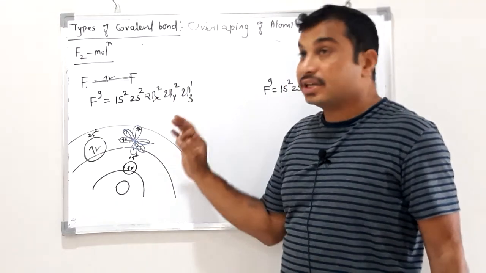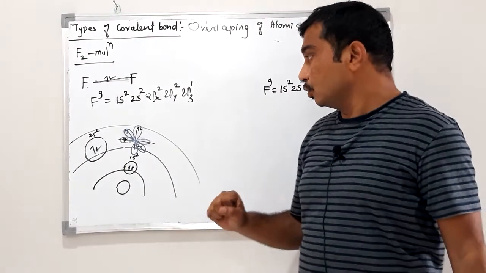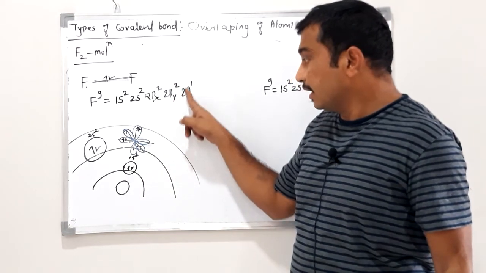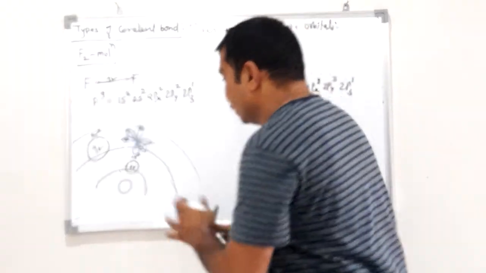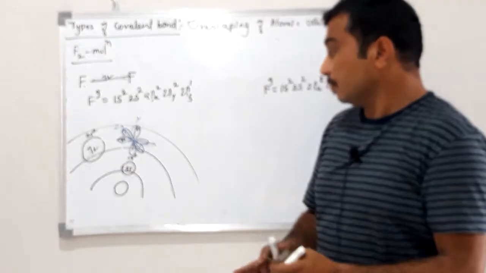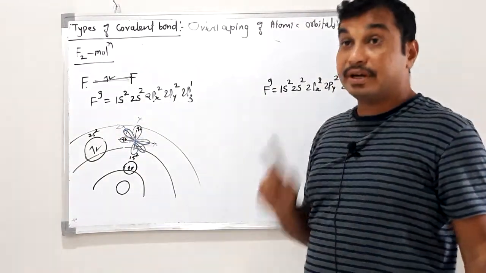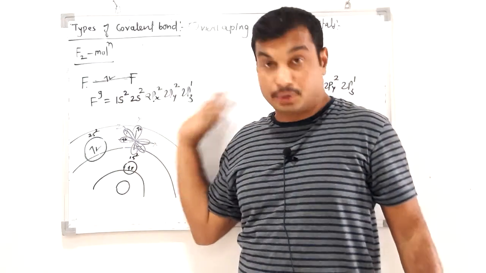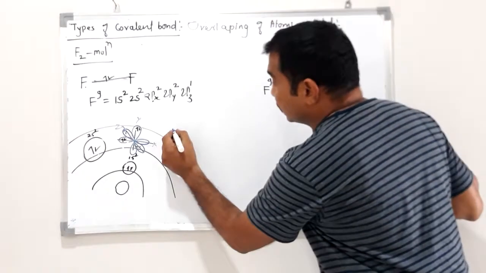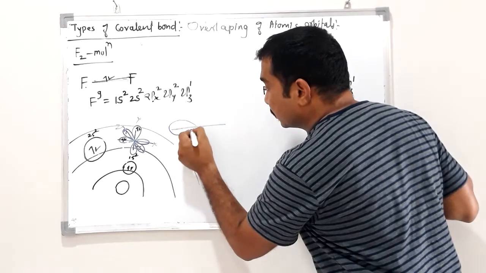Now 5 electrons are present in the 2p orbitals. Among 2p there are three: 2px, 2py, 2pz. 2 electrons are in 2px, 2 electrons in 2py, and 1 electron in 2pz. This is the x axis, this is the y axis, this is the z axis. So the 2pz orbital is singly filled, and this orbital can form a bond in the case of fluorine. The same holds for the second atom. We only have to consider the singly filled atomic orbital.